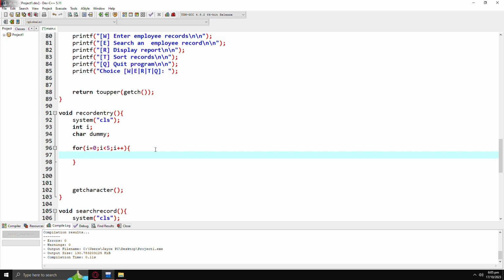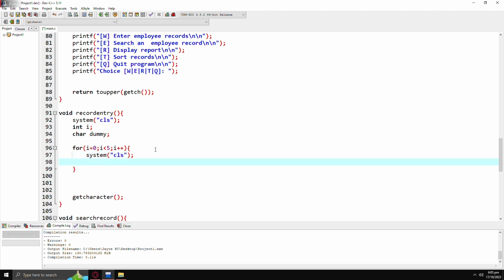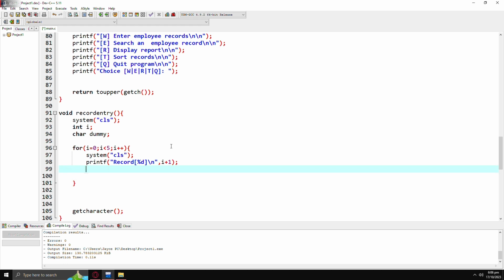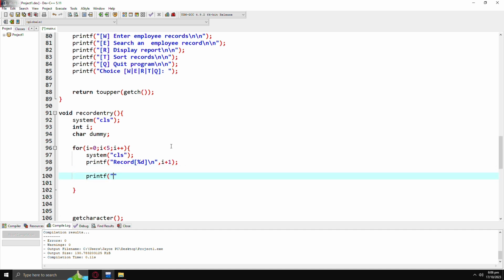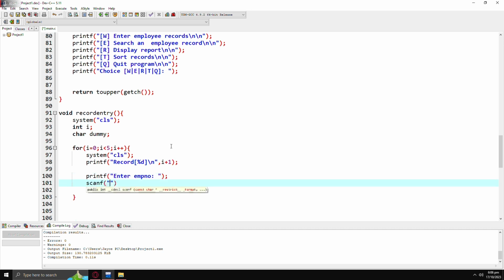And then sa loob ng for loop natin, system CLS, and print our record here, record %d \n I plus 1 para makita natin kung anong record na or kung anong employee na yung nilalagay natin. Pang ilang employee na siya. And printf enter emp no, scanf %d,